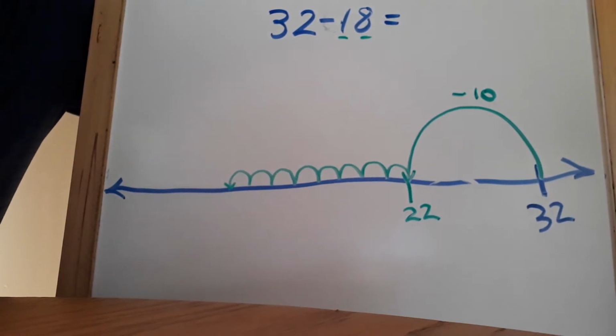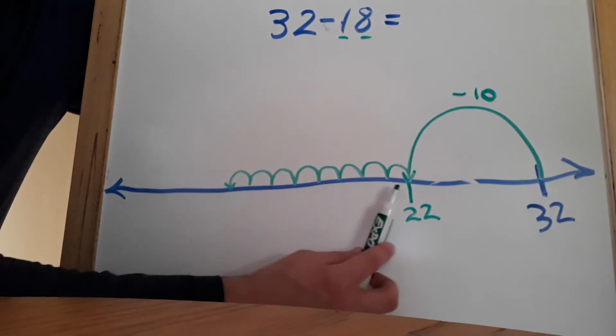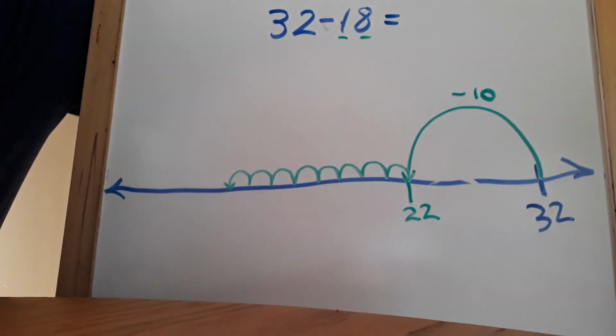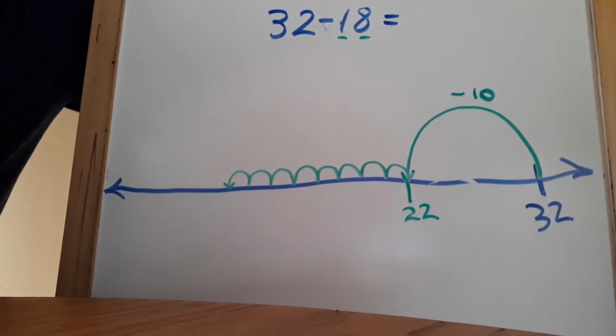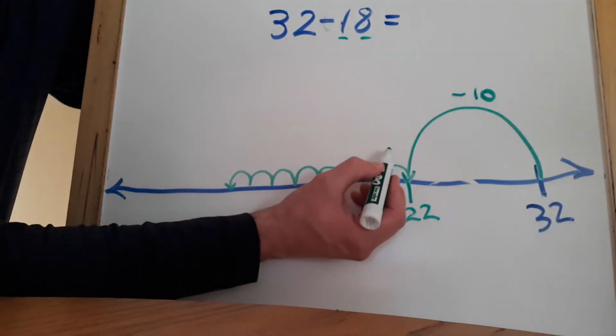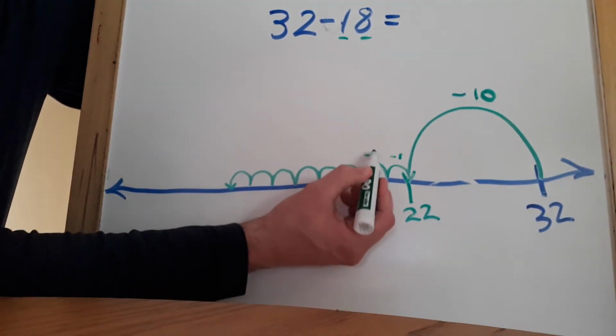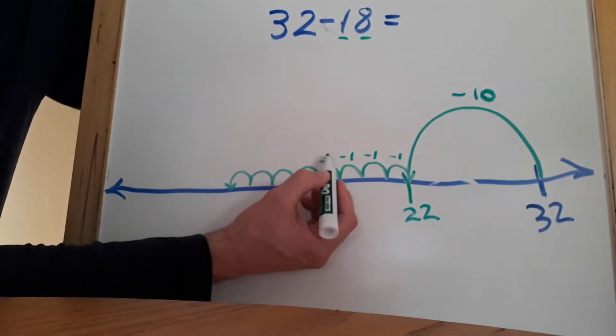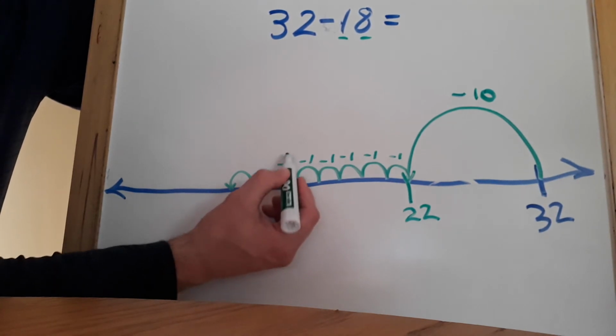These jumps of 1 are a lot smaller than this jump of 10 because 10 is a larger number, so it deserves a larger jump. Now really these jumps could be even smaller, but then I just won't have space to write, so I made them this size. So each one is going to be subtract 1, subtract 1, subtract 1. We keep going